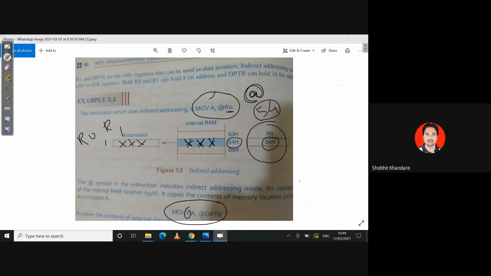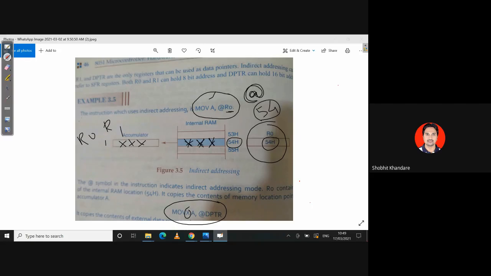Tell me, what size of external RAM can I access? 64 KB. Yes, 64 KB is the right answer.